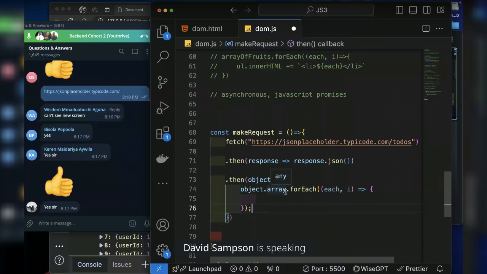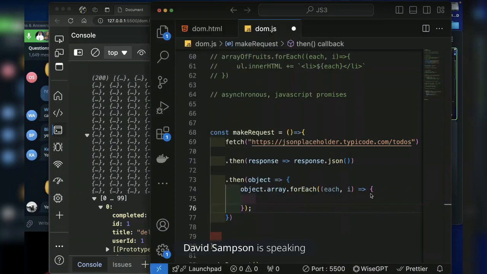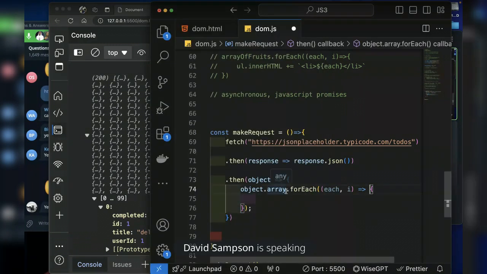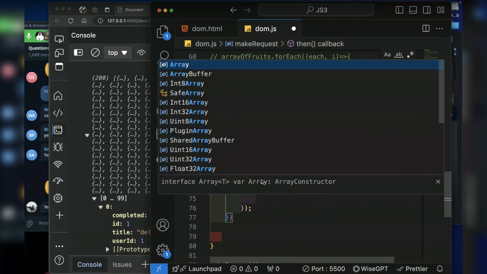Object array. So let's see. It's actually called, yeah. So I don't need to put object array of objects here. So it's just the object, or you know what? I can call it arrays. So take it,